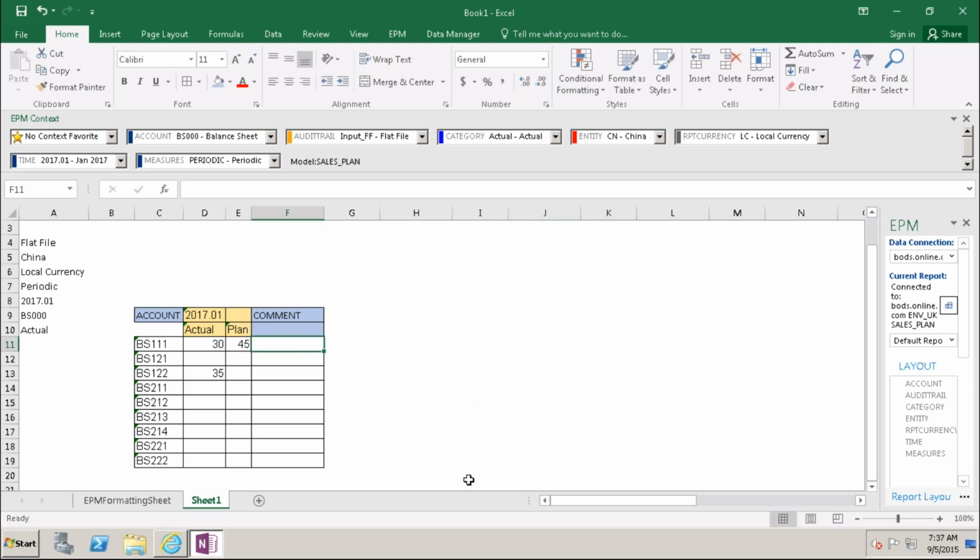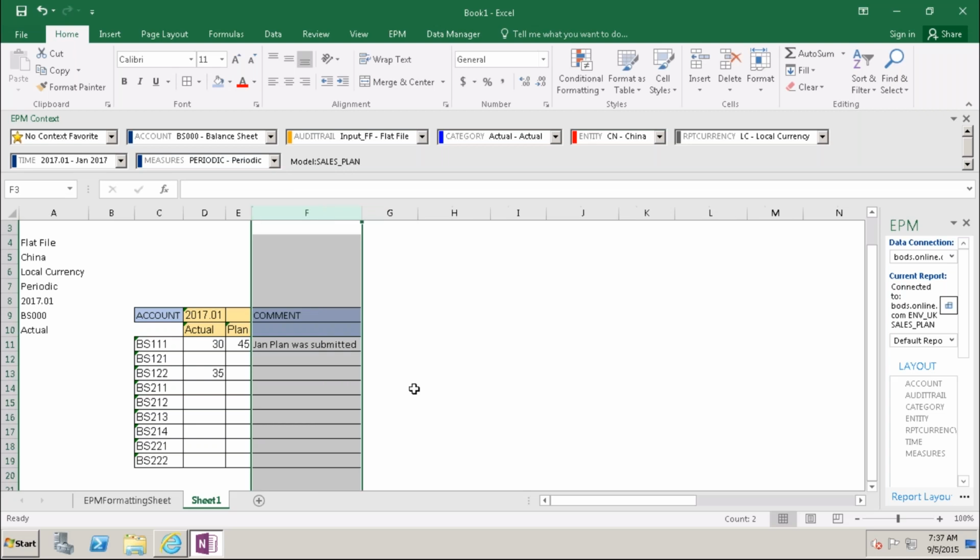So Jan plan was submitted. This is my comment. But there is no EPM functionality here to save in the database. Just it is this Excel one, and it is not